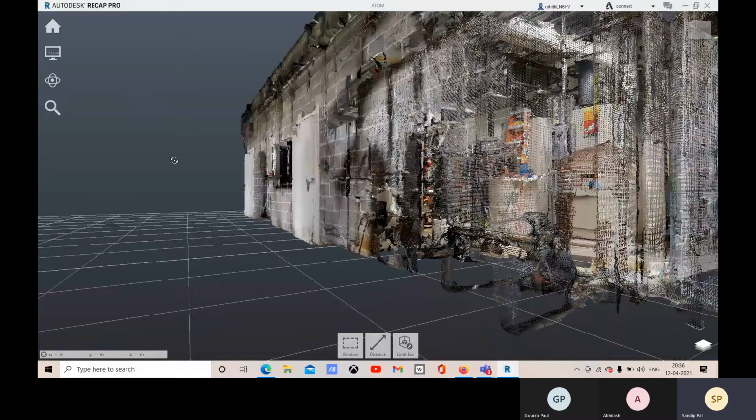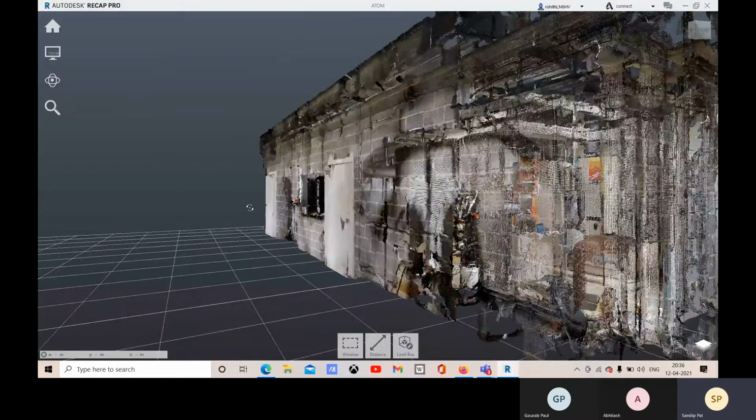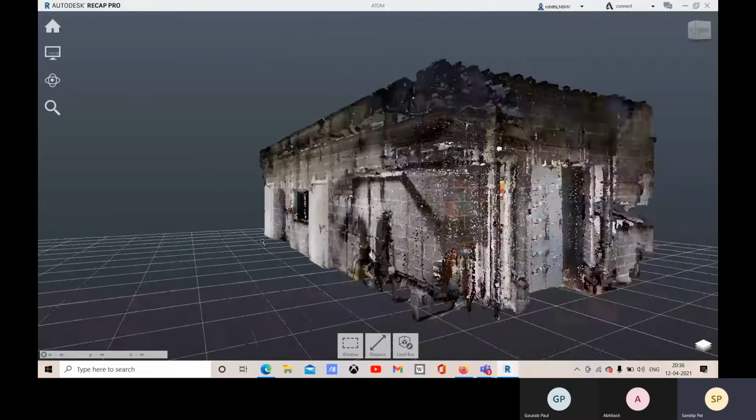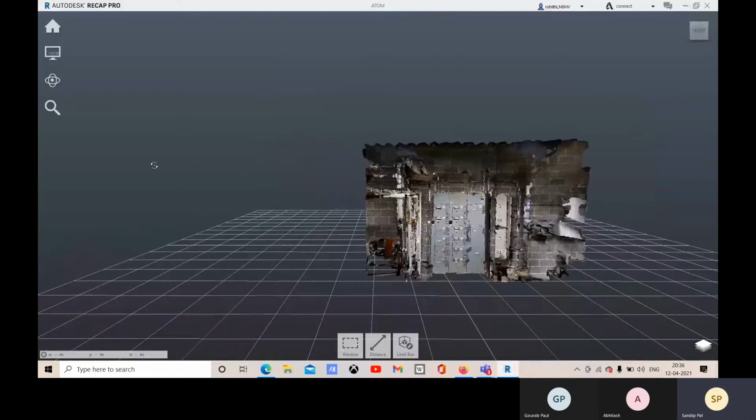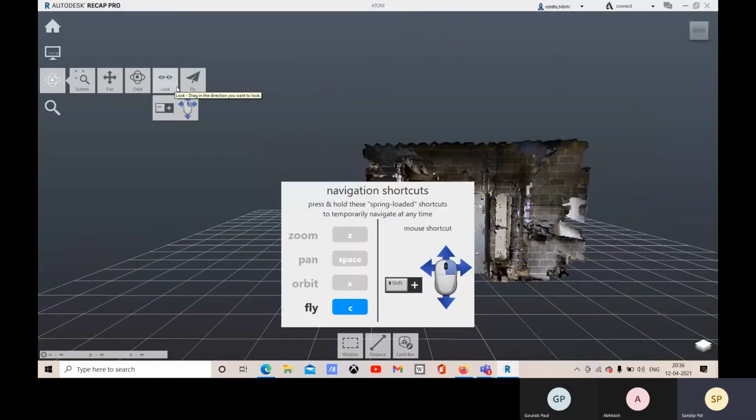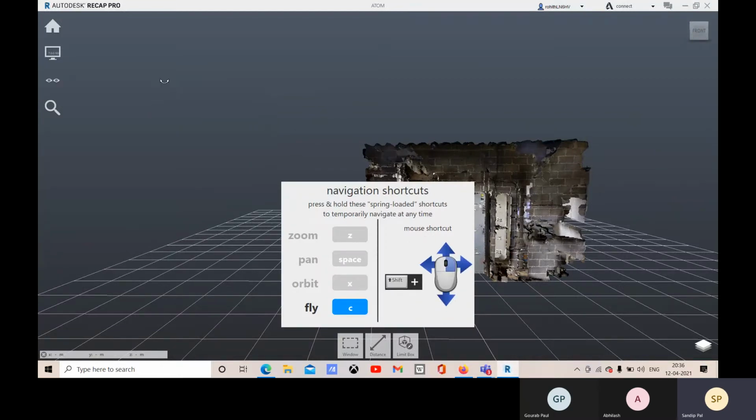Now about the shortcuts, all of this you can do. How can you do it? For zoom, you use the scroll button, and for orbit, you use the right mouse button. Here you can see all these shortcut options. So we have this look option.